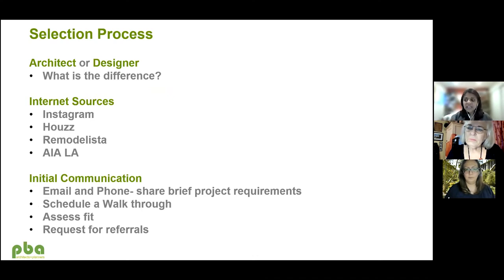And so what does the selection process look like? And one of the questions that always comes up is, for your ADU project, or for that matter, any residential project: do you need an architect or do you need a designer? And what is the difference? So really, you don't need a licensed architect to design your ADU and to submit it. You need,